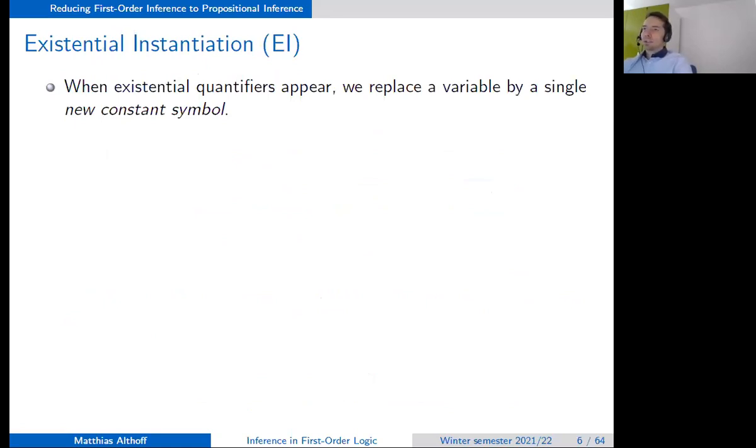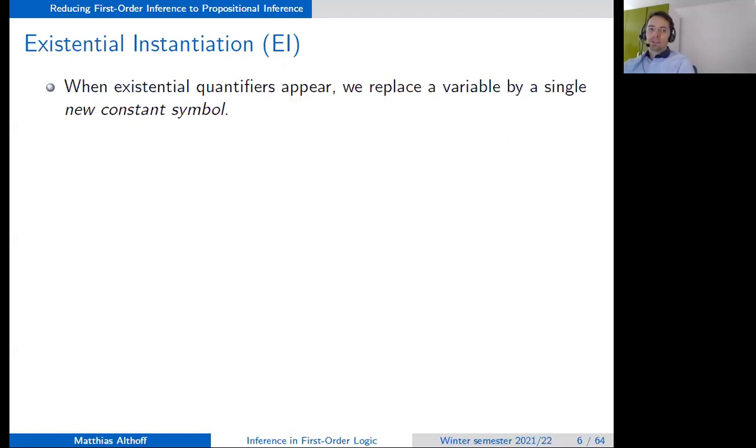Okay, now let's talk about existential instantiation. What is essentially the difference? What do you think is the difference if we have to get rid of existential quantification instead of universal quantification?